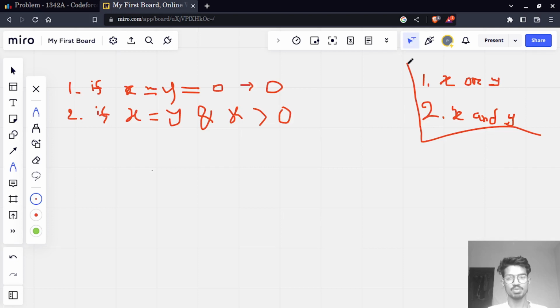So we will check both. First we will decrement x and y to 0 with operation 1, then we will decrement x and y to 0 with operation 2, and then we will take the minimum of these two costs. So we can say if x equal to y and x greater than 0, then we will take $2